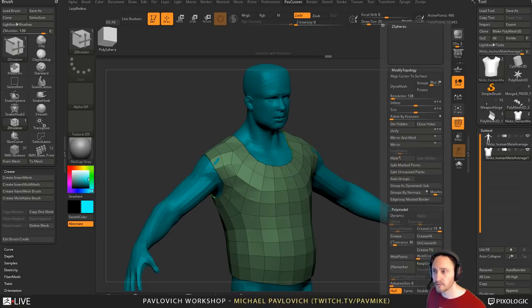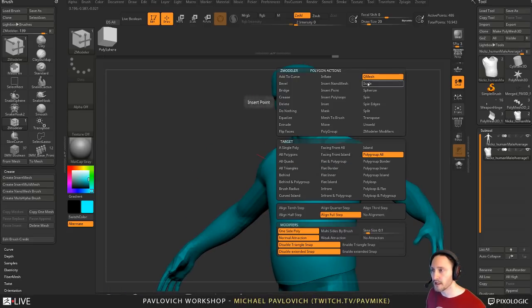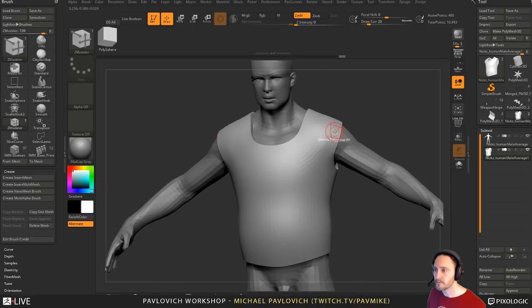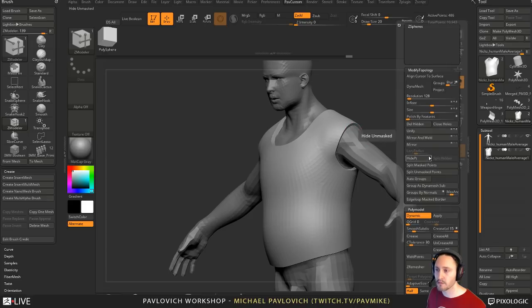We can do, under your geometry crease menu, that crease PG we talked about earlier, and hit D. And now you can go through here. You can even inflate along this polygroup here. Just hold down Shift, like so. And if you want to smooth these edges out or bevel these edges a little bit more, you